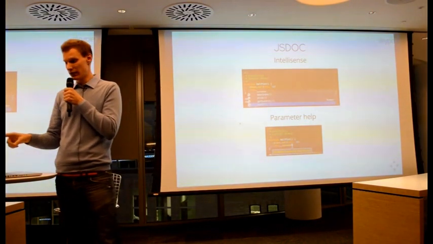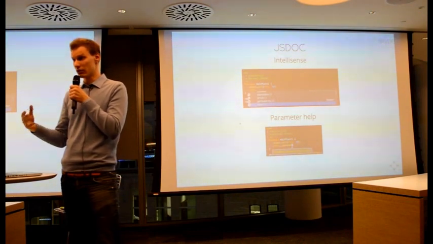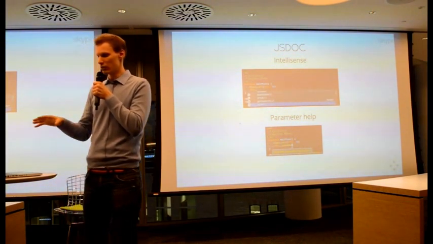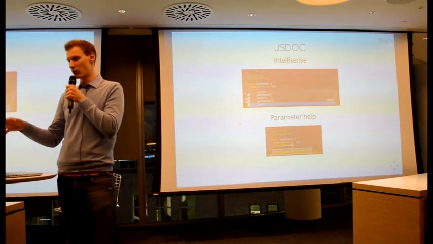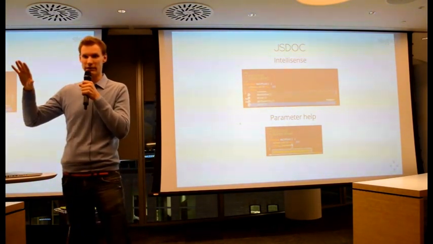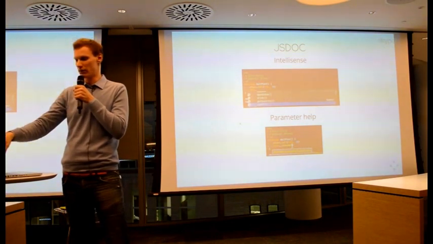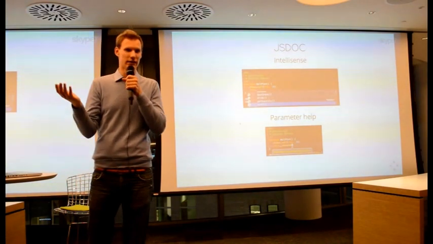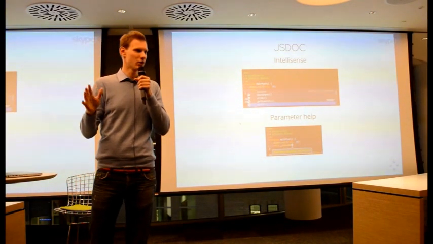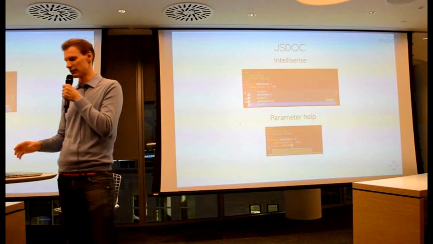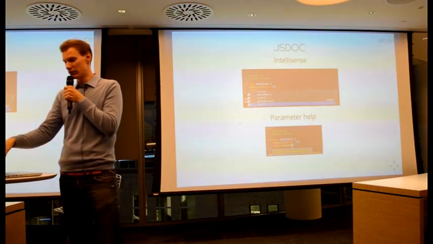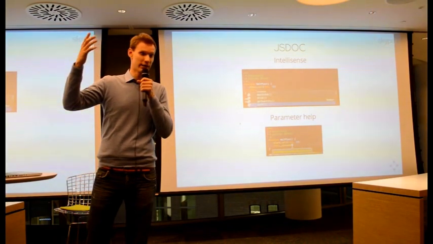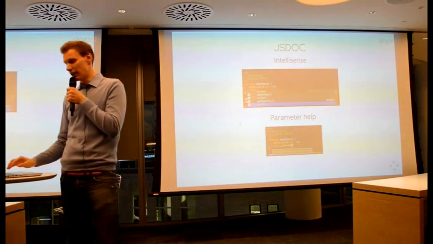And because of the JSDoc comments, the IntelliSense can tell me, okay, you also have quantity, toString, and getQuantity, which are available in your base class, because it knows about the extends keyword, so it can show you intelligent IntelliSense, which is not always so intelligent in JavaScript. And the getQuantity method is also telling me that it will return a number, because it is getting it from the definition in